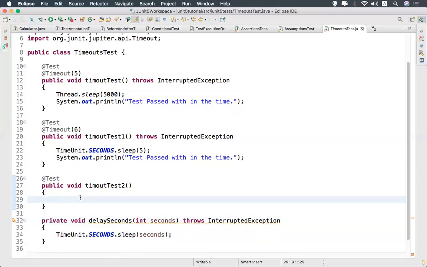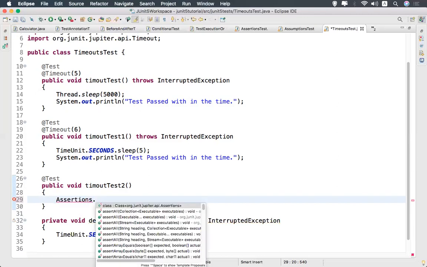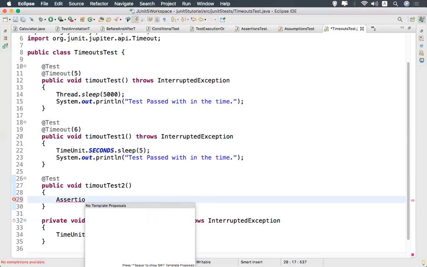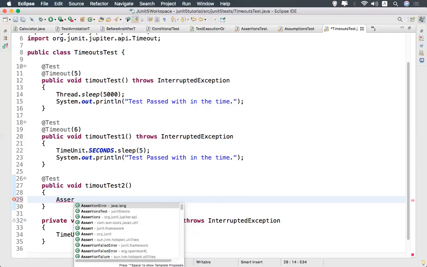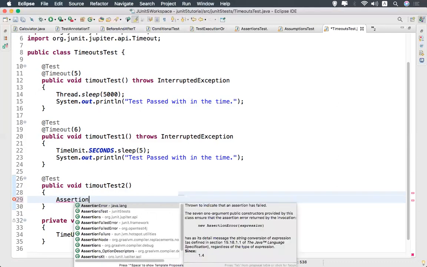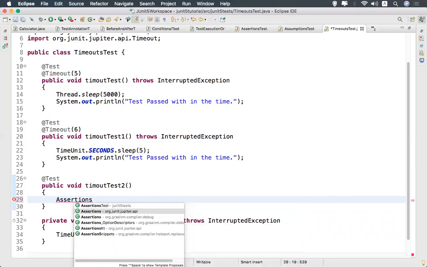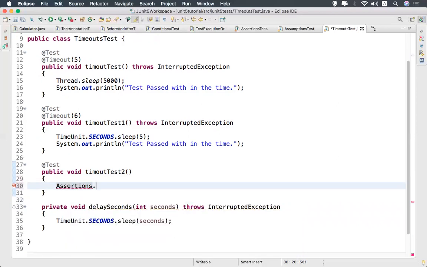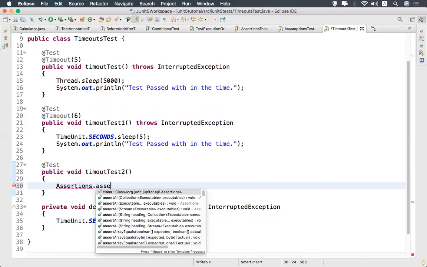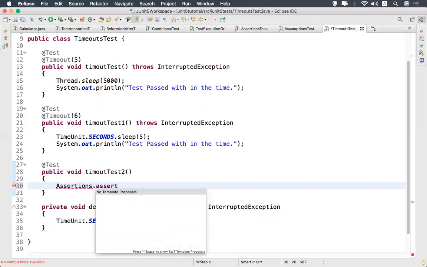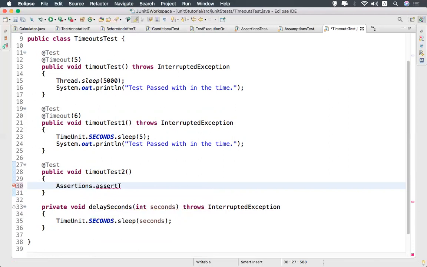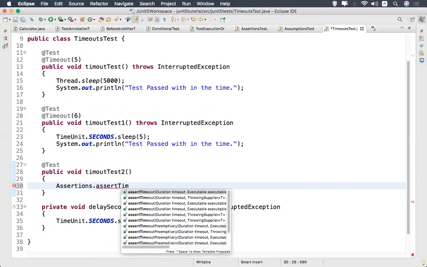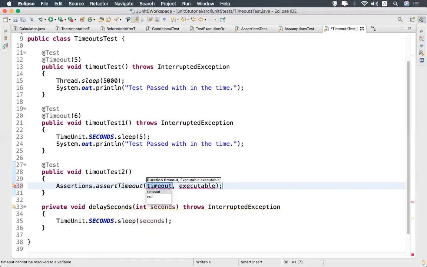Now I'll directly use assertions. In real time we'll use assertions, right? Assertions from the Jupiter API, Assertions dot assertTimeout.